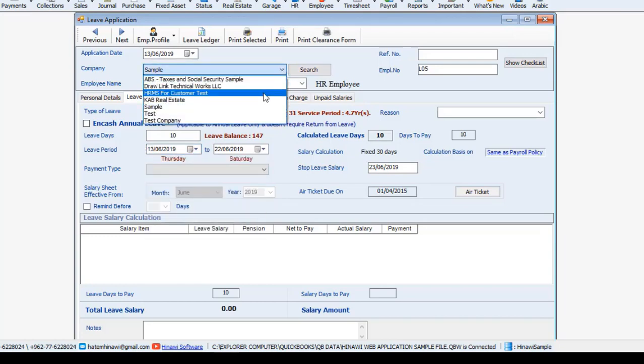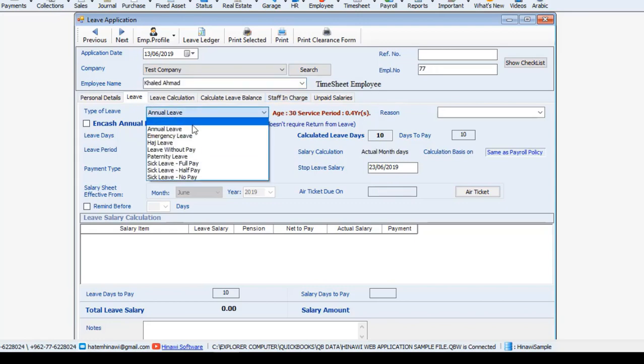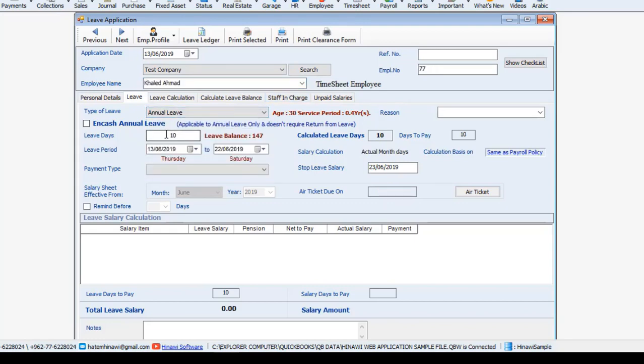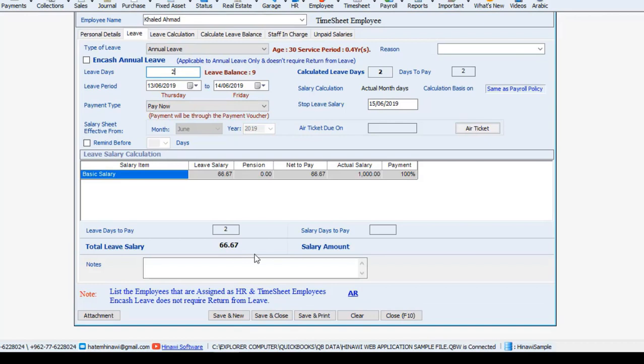Let's say, for example, we want this company. Click on annual leave. Okay, as you see here now, we have a total leave salary of 66.67,